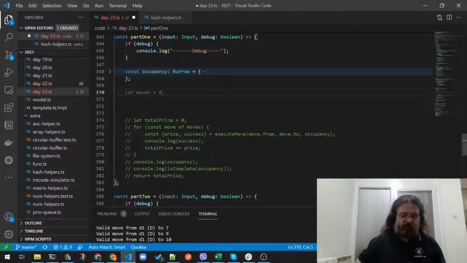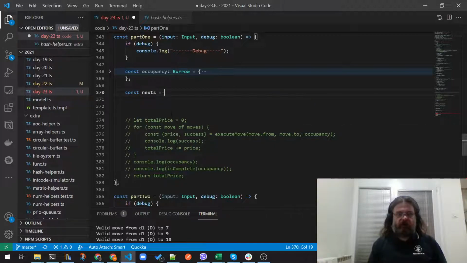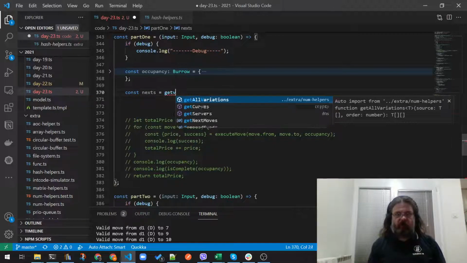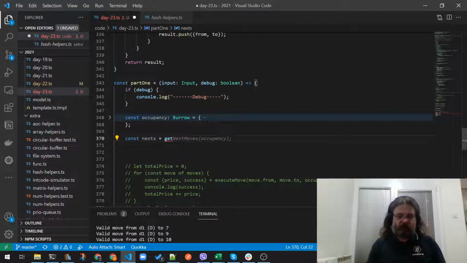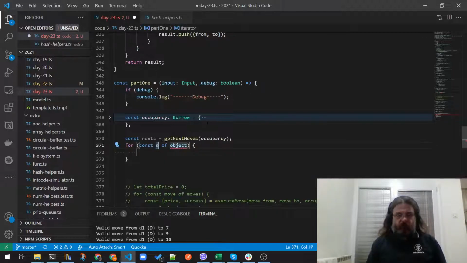We can have a situation like const nexts = get next moves for that occupancy, for of move of nexts,